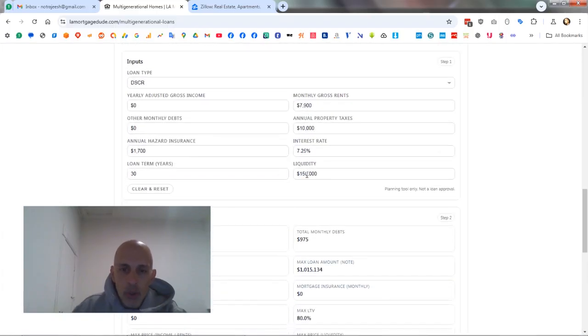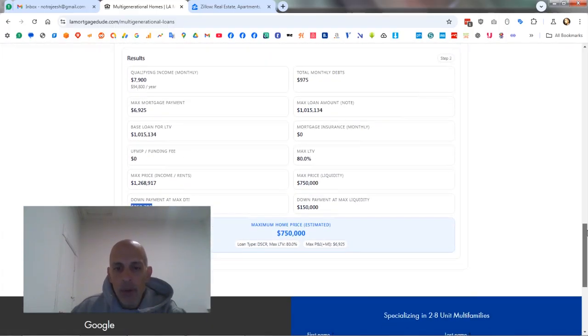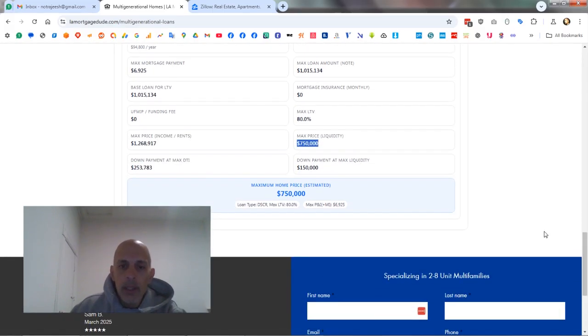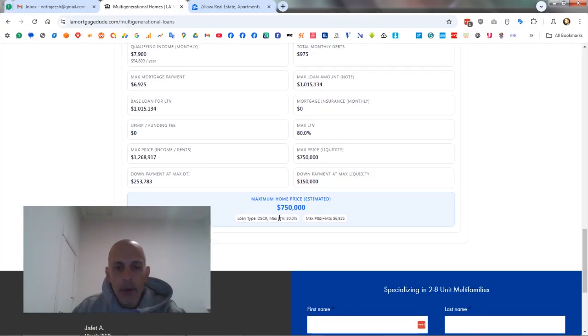But because your liquidity is $150,000, if we were to use 100% of that towards down payment, the max purchase price for you is $750,000. As you can see here, this chooses the lower of these two options and gives you a maximum home price of $750,000. It tells you the loan type, DSCR loan, max LTV 80%, and your maximum monthly